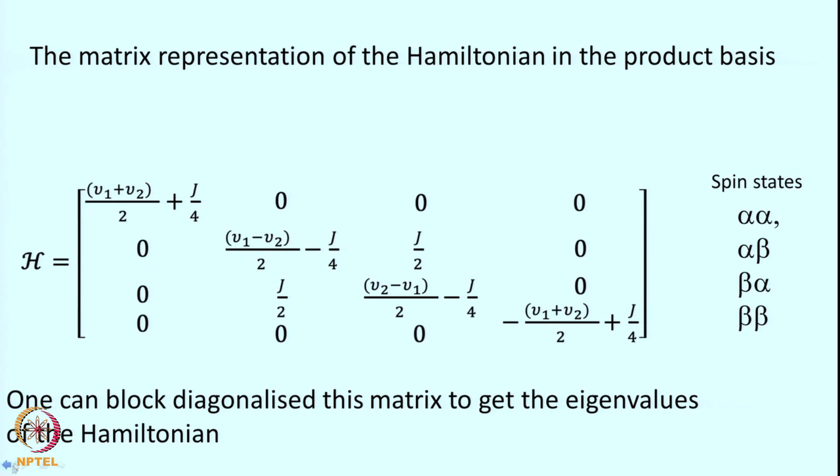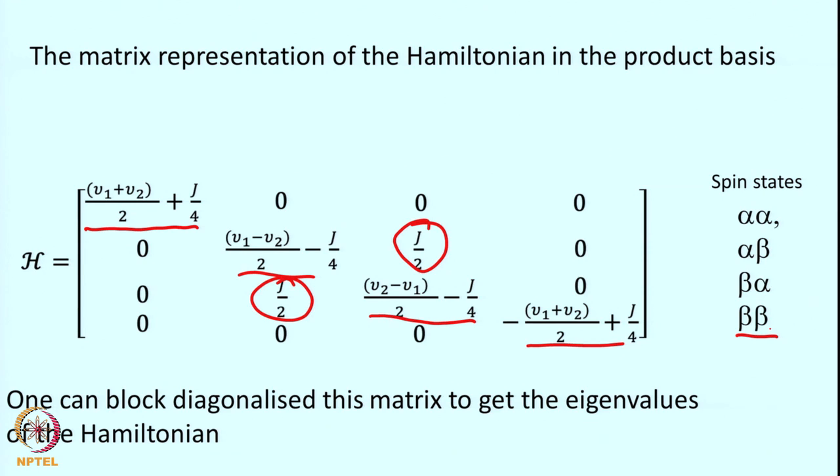where these are the 4 elements that we are getting: H11, H22, H33 and H44, and here, because of the mixing of these states, H23 and H32 are also populated. So, these are the spin states that we are talking about. Here is for alpha alpha, this one for alpha beta, this is for beta alpha and beta beta states. So, with these 4 states we can represent our Hamiltonian in simplified form, in block diagonalized form, to get the eigenvalue